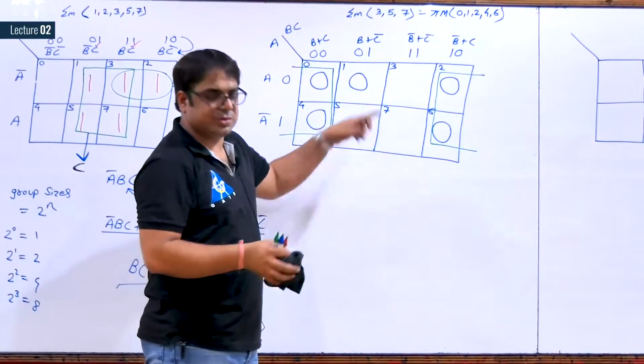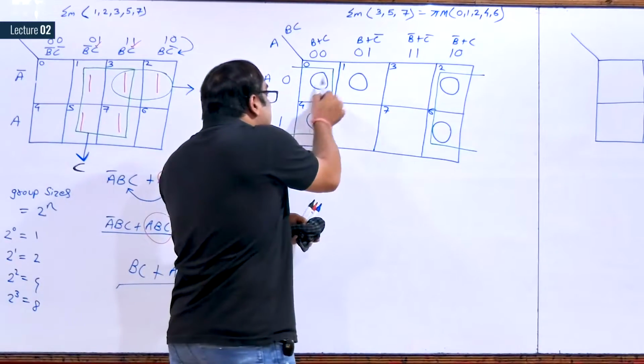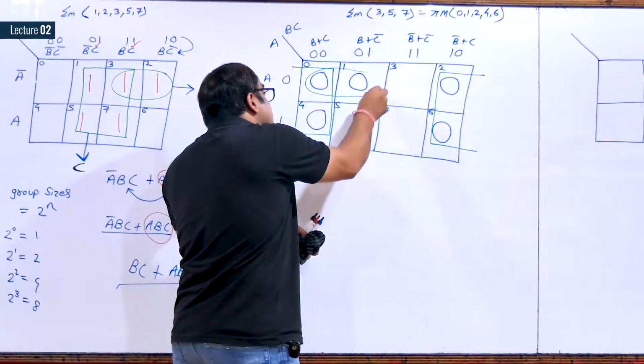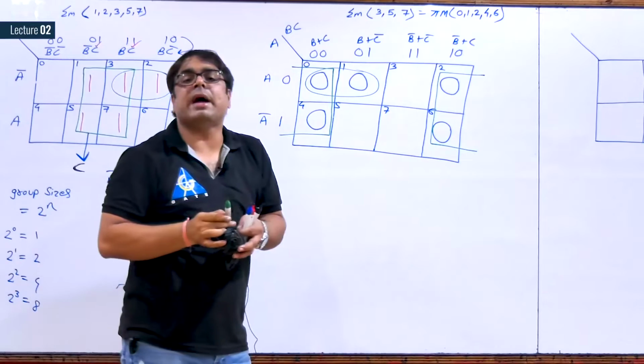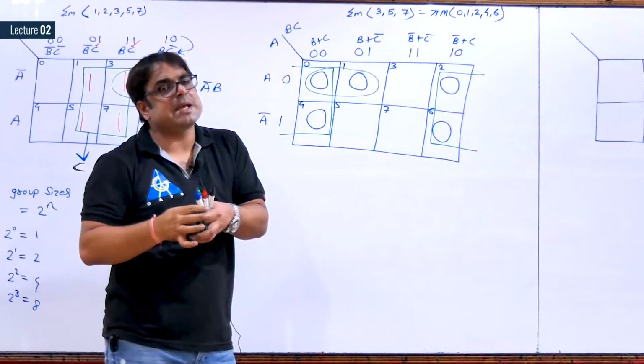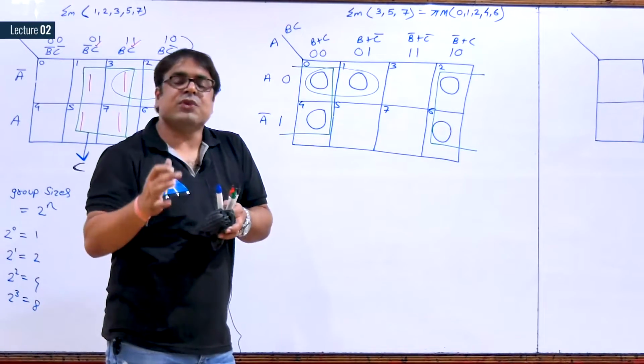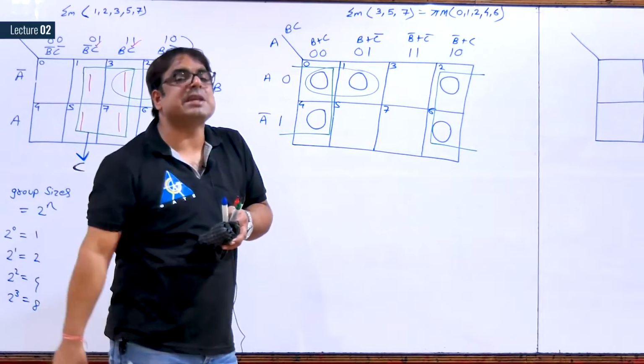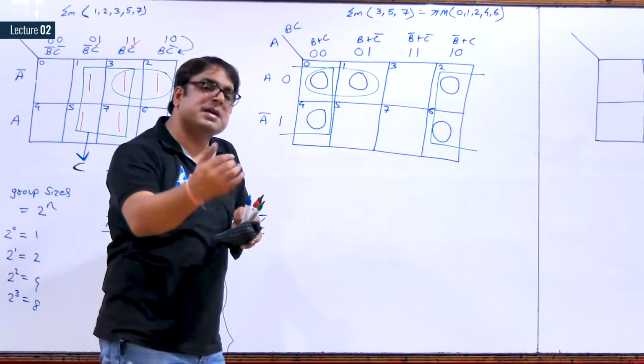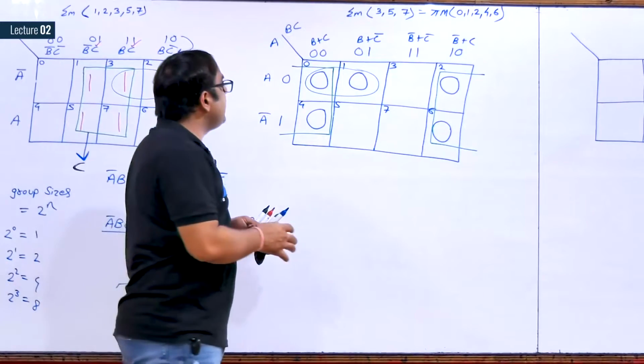Now this 0 is left. This max term I can use twice. So 1 quad plus 1 pair is the best possibility here. So first of all you should try to learn what are the best possibilities. Then the last step is writing down the answer. Now please see.